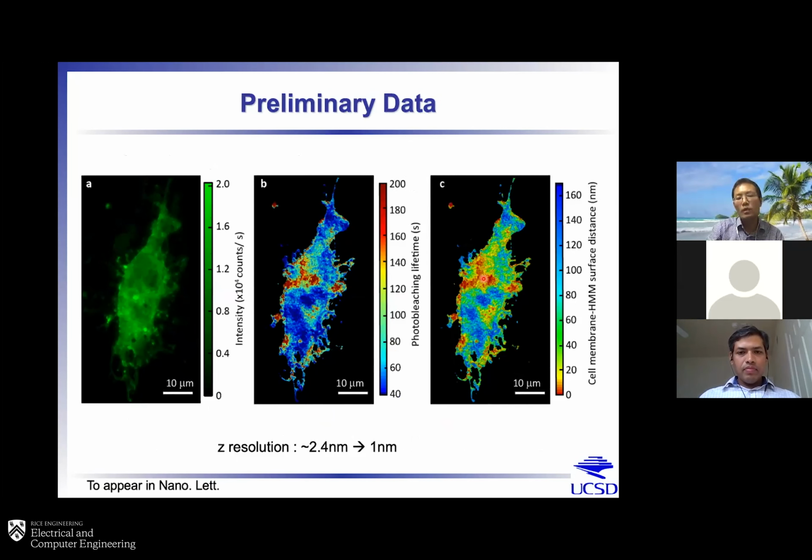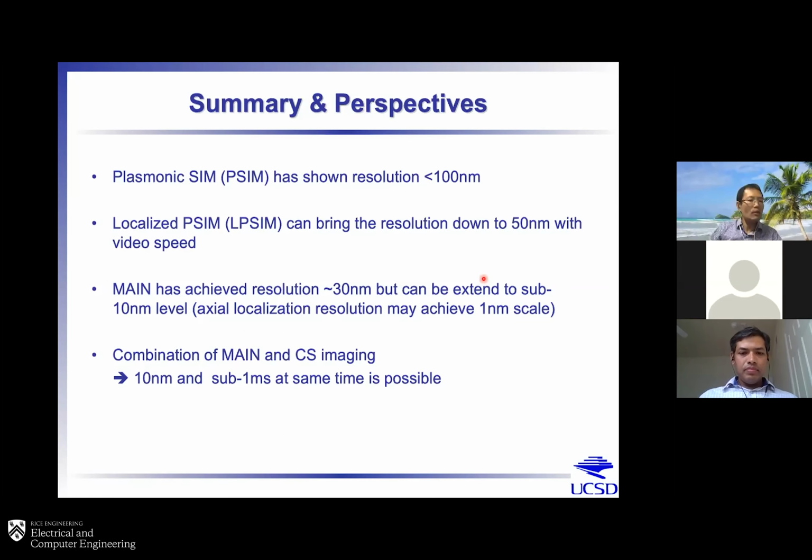Okay. So now I think I spent probably too much time on this imaging part, and then I introduced you to the PCM. We can get resolution of about 100 nanometer, but with the local plasmonic illumination we can reach 50 nanometer. If you want to deal with the metamaterial-based domain, we have shown about 30 nanometer resolution, but we are working on extending it to 10 nanometer or even sub-10 nanometer level, although the actual resolution is already very high. So the combination of domain and compressive sensing will be our major focus in the coming few years,